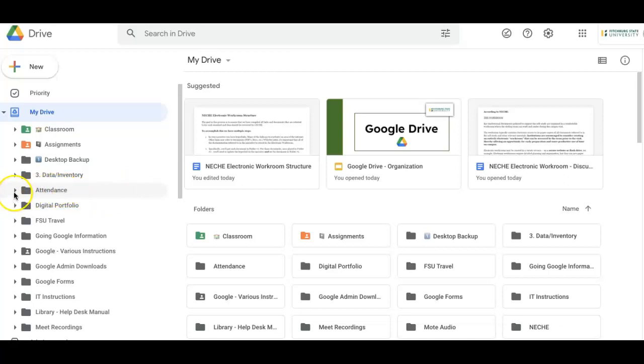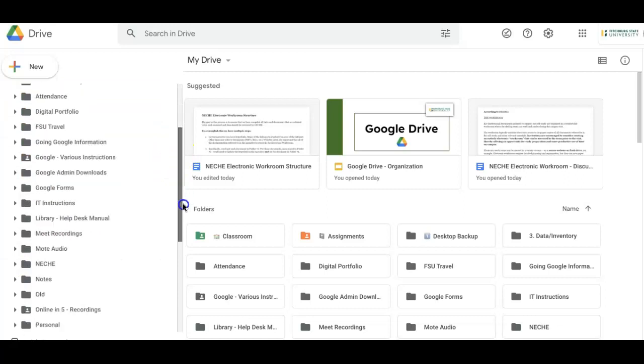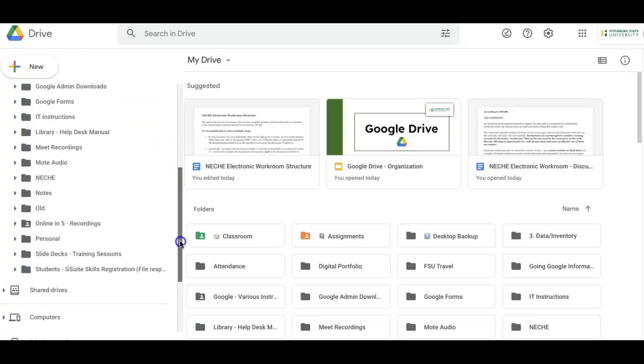If I drop down next to attendance, you'll see if I had any other subfolders or information nesting there. You can also see if I have any of my folders sharing with anyone in particular. In this one, I have it shared as well because I have this little person icon. But what you should see here is that you can scroll down to all of these folders, okay?